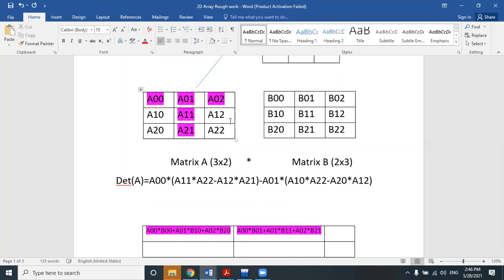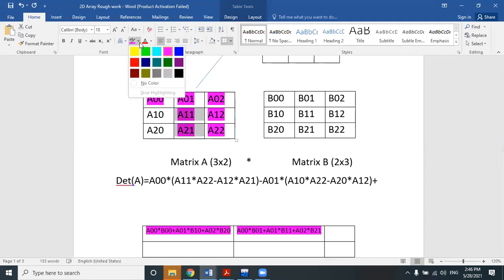Now the plus sign. So plus, minus, and now plus. Now we are left with the last multiplier, that is A02. Its corresponding row and column should again be ignored. So make this a different color, and we will be left with these 4 elements.